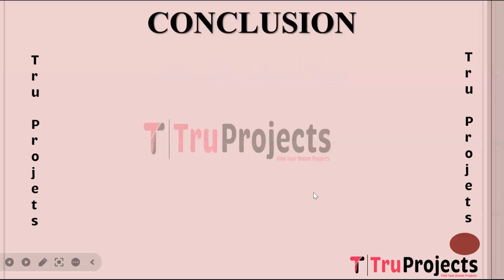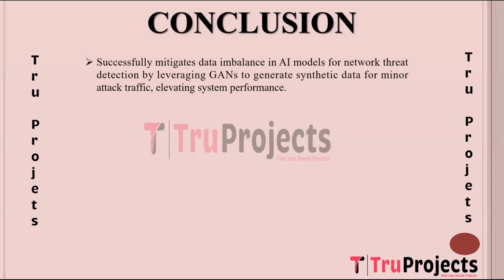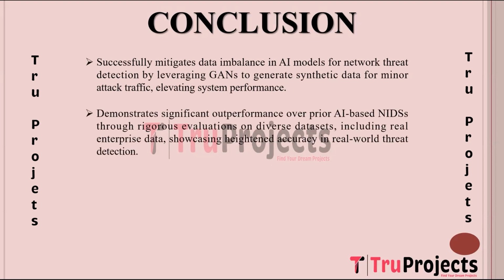The conclusion of the project is: it utilizes generative adversarial networks to create synthetic data mimicking underrepresented attack patterns, addressing bias in AI models used for network threat detection. By integrating synthetic data representing minor attack traffic, the system's accuracy and effectiveness in identifying less common threats are significantly improved. It conducts exhaustive assessments across diverse datasets, including real enterprise data, highlighting the system's substantial superiority over previous AI-based network